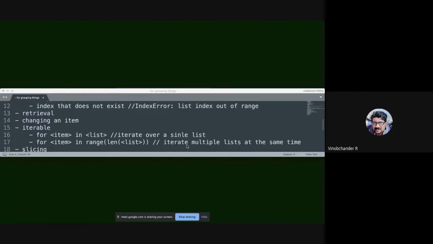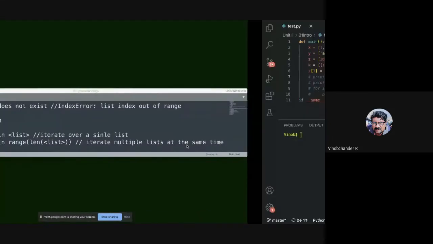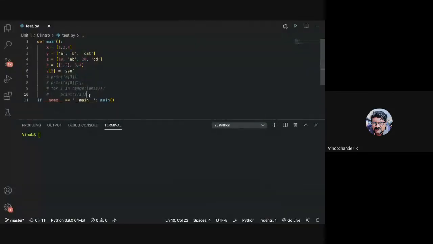The next is slicing. Slicing, since we have already seen with strings, the same concept applies for lists as well. So now you tell me slicing examples on any of the lists that I have written here. Let us do some slicing. Let me have some more values here.